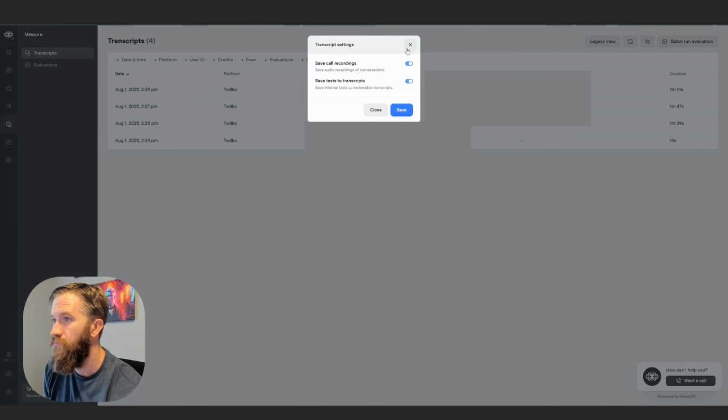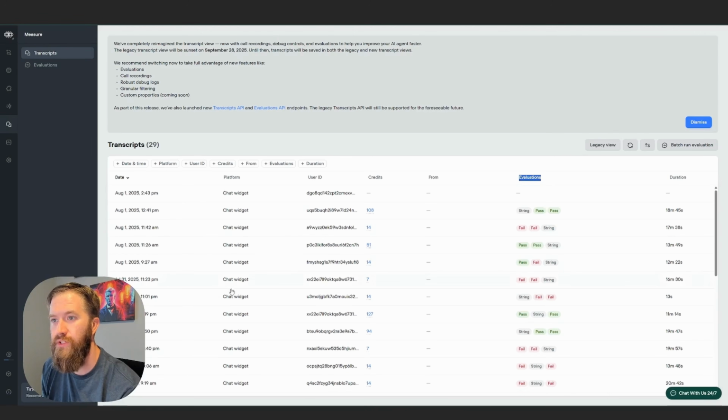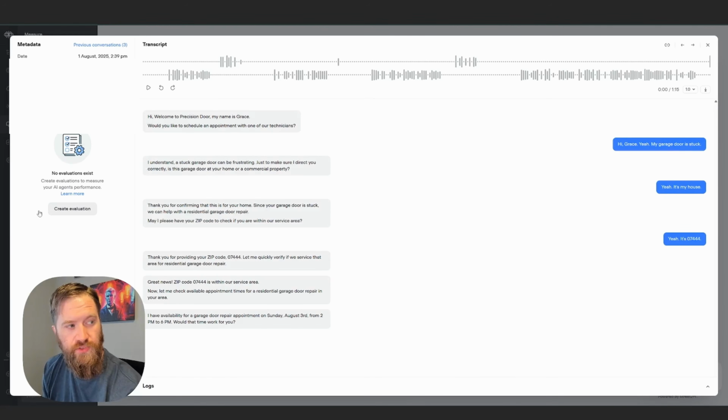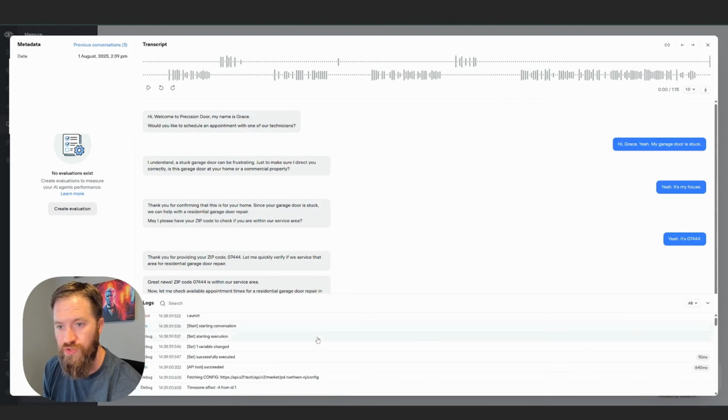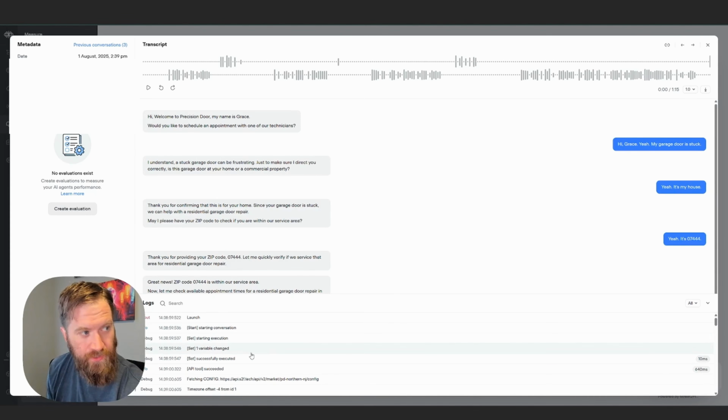It should kick in several minutes. So one other particular thing of note: if you open up the transcript at the bottom here, it's hidden, but you actually get your full logs. If you click this drop down menu, I can see launch and all of this stuff. My head is kind of blocking some of this.